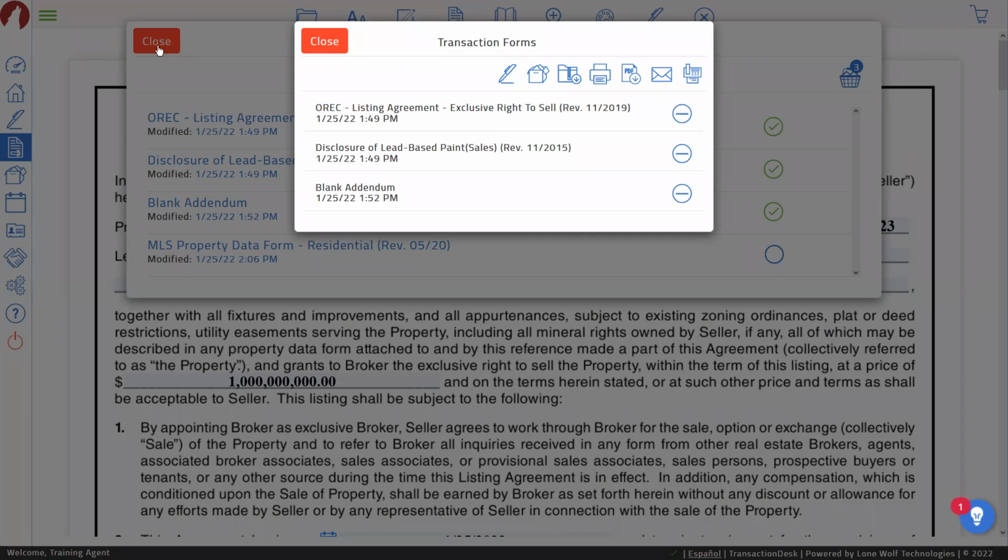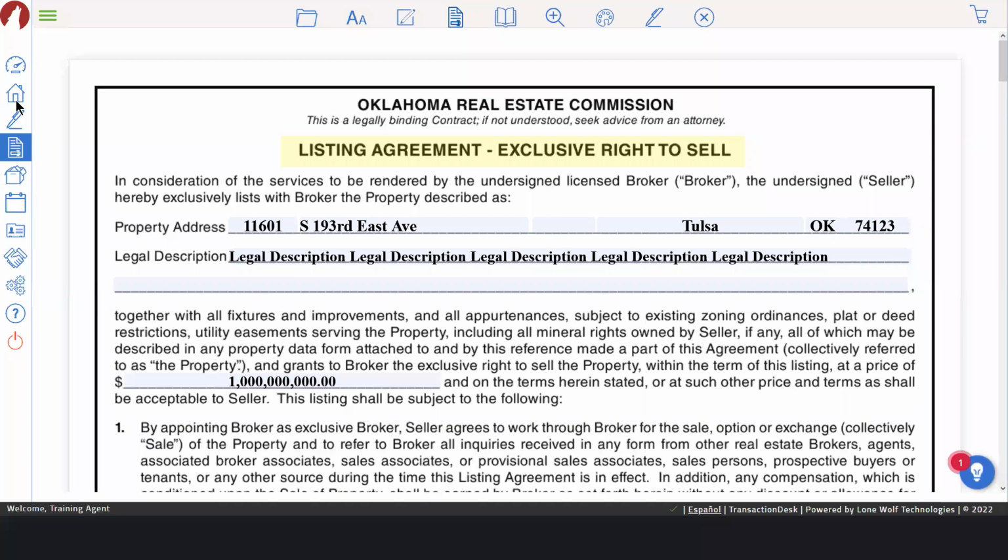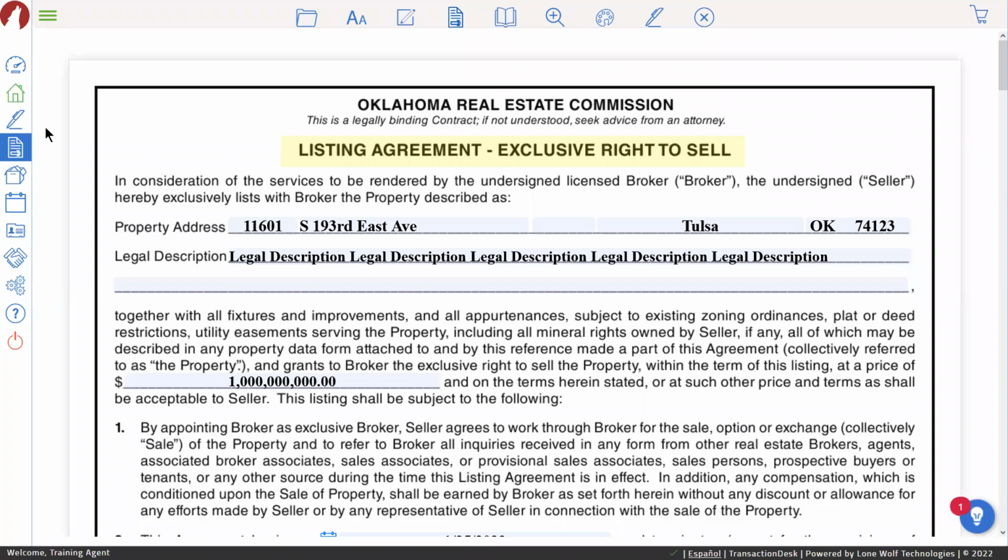And just so you guys are aware, when you're looking at the transaction desk system, the items that are actually showing up under this wolf on the left-hand side are actually just general buttons. So this is going to bring us back to the transaction desk dashboard, all of our transactions, all of our signings, all of our forms. If you're needing to actually access the forms that need to be signed, you're going to have to do that within the signing or within the transaction that we created. So what I might suggest is either go back either to the dashboard or this home button. And then when you click on the transaction's name, then you'll have the navigation bar that appears over on the right-hand side. From there, click on forms and you should have those checkbox options.